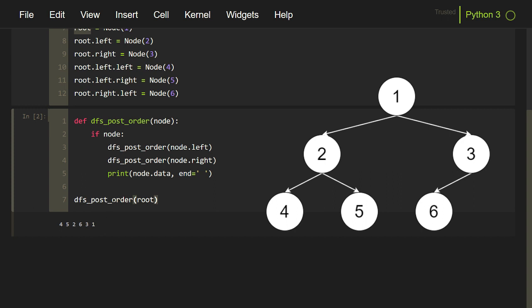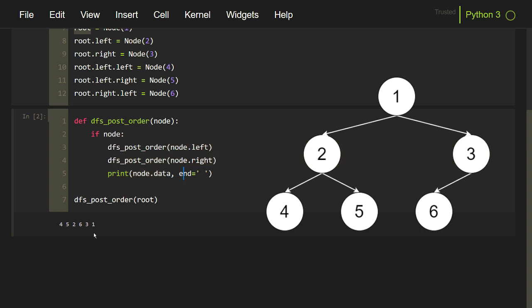452631. If you just consider the root node, that is node 1, and the left subtree and the right subtree as the whole, you can see that 452 is the left subtree of node 1 and 63 is the right subtree of the root node, and 1 is the root node. So you can see the order over here. Left subtree gets processed, then right subtree gets processed, and then the root node. This is the exact order that we have written in this code.